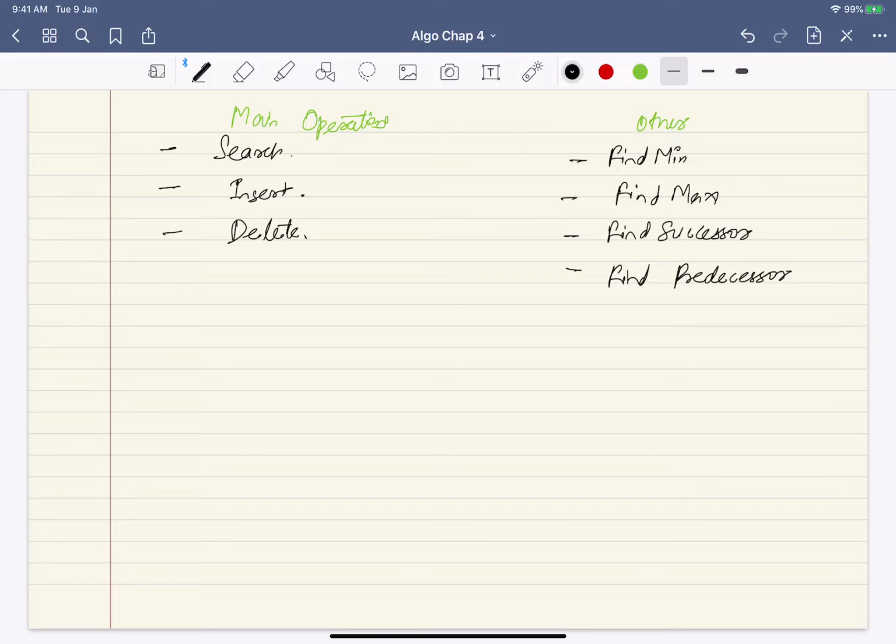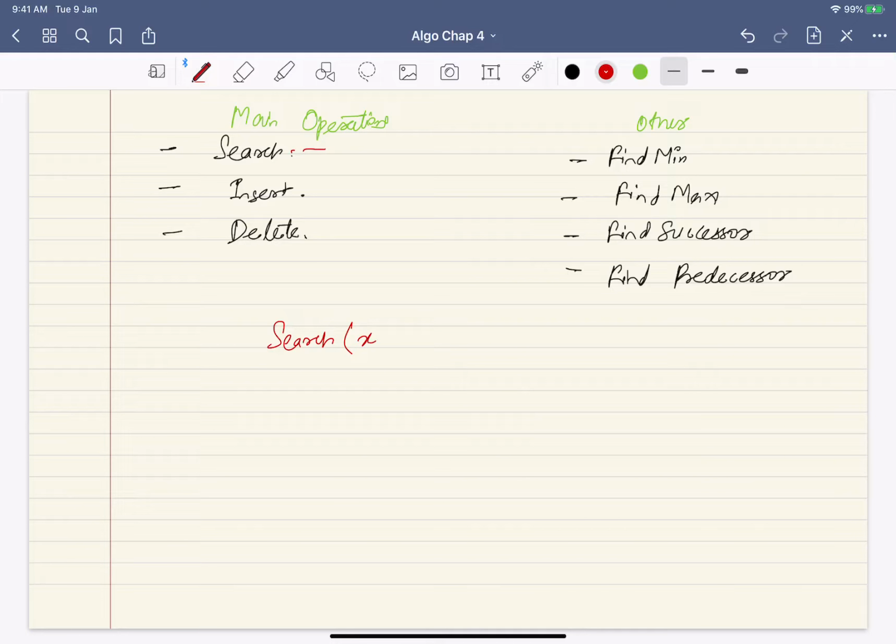Actually, when we start talking about search, you will see why this looks like a binary search. So let's talk about the search operation. Suppose I have to define the search operation. Let me write pseudocode. Now what are the inputs? I always need the input, the pointer to the root, just like in the binary tree.